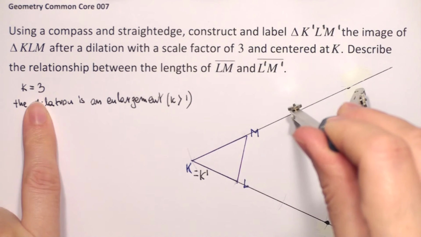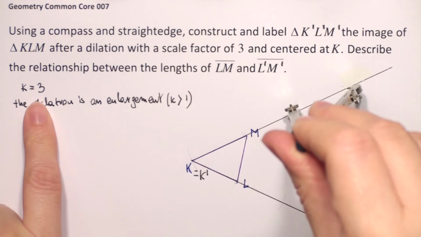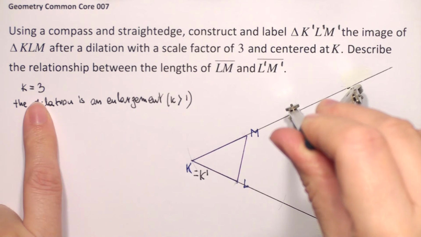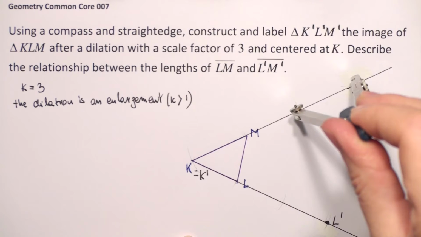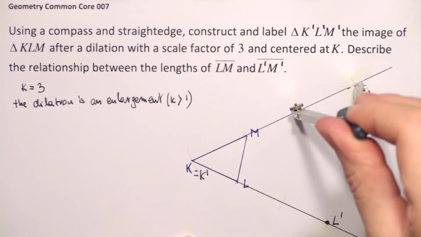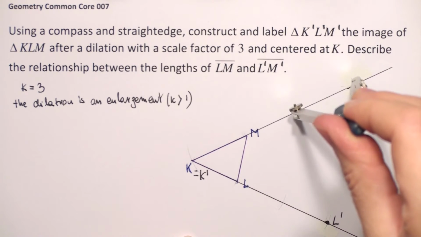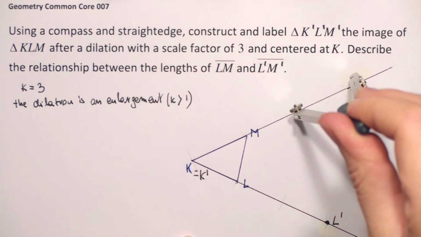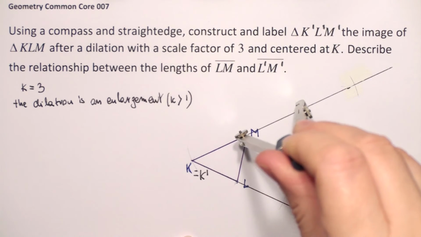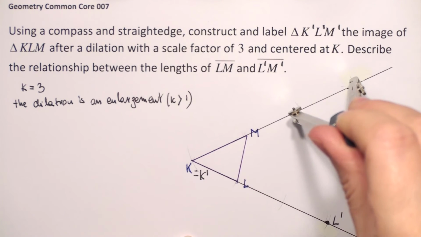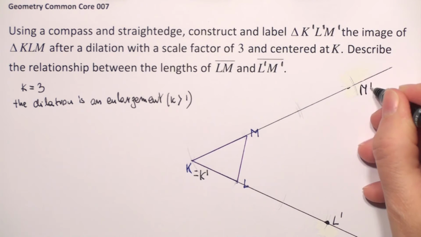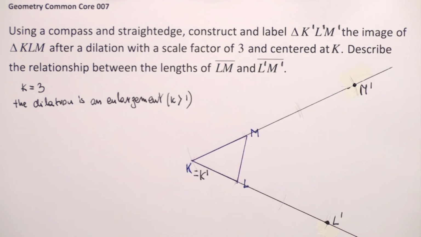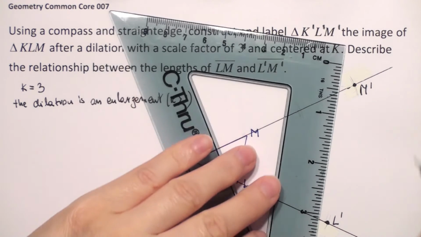So now from the point where our arc crosses the ray KM, we draw another arc. The arc has measured segment KM, and this is our point M prime, approximately here. And now when we connect L prime M prime,